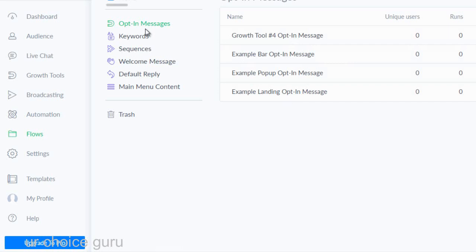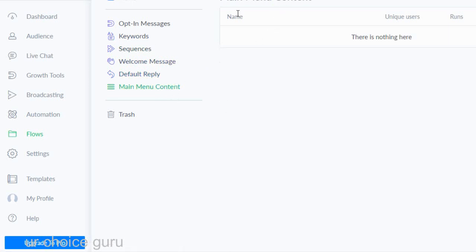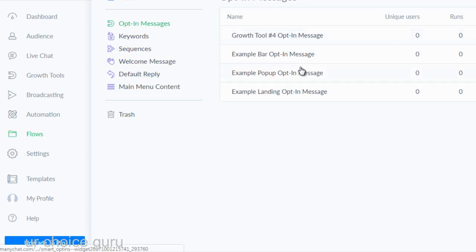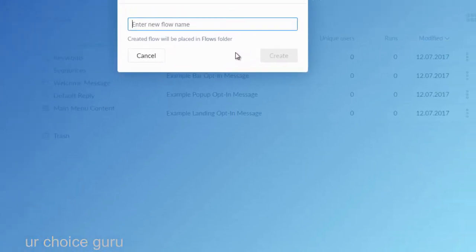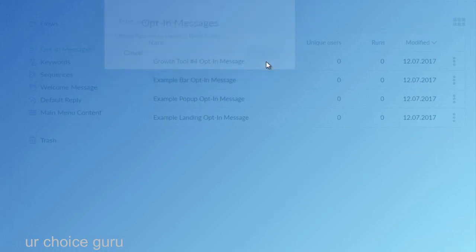So as you can see here, we have opt-in messages, great for getting access to people's email addresses. And we've got keywords, we got unsubscribe, subscribe, we got sequences, we have welcome messages, we have replies, and we have main menu content. So these flows, you can choose one and then you can edit it. Or you can click new flow, and we'll just call this scuba test. We'll click create,